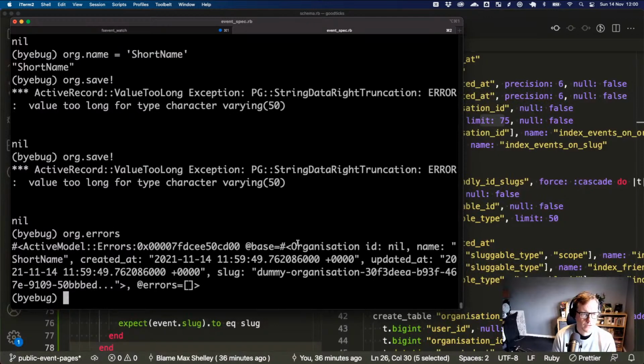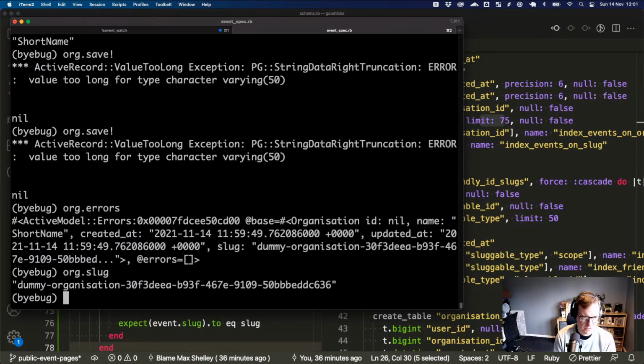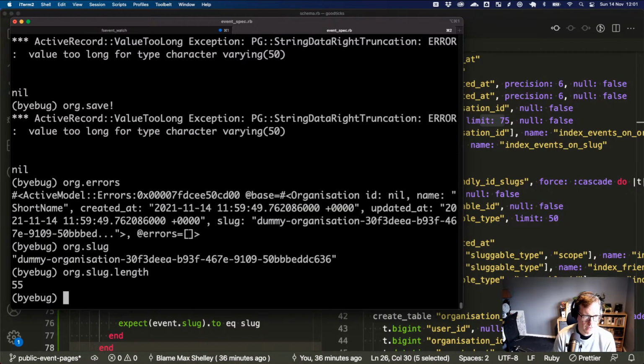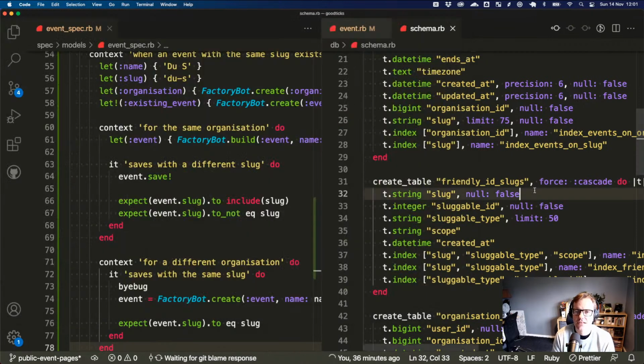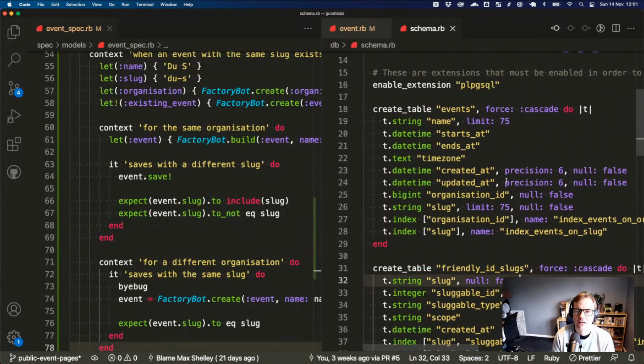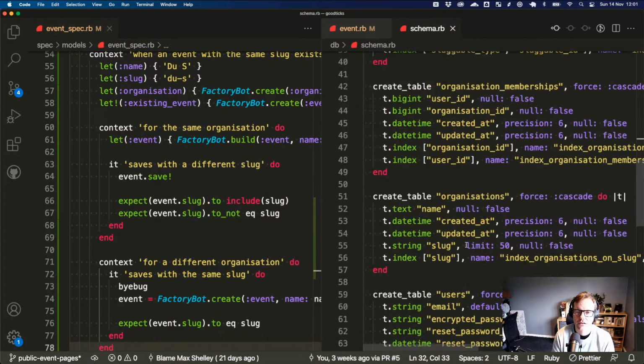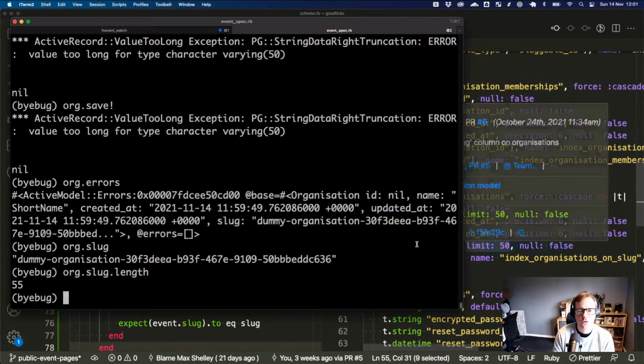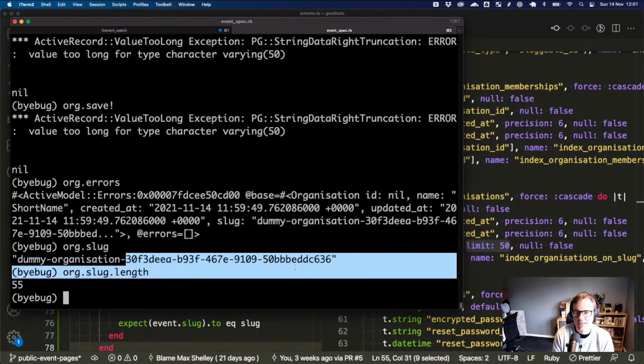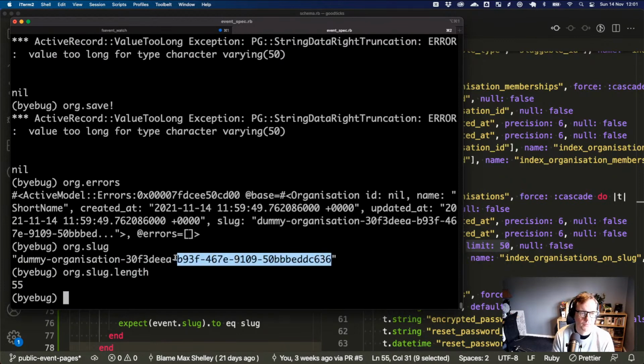Okay, so if you look at what's happening now, if we do org.slug, this is now set. org.slug.length is 55. Okay, so I think we can just take the stupid limit of 50 off of this or raise it up, or go back and change it. This doesn't need to be a UUID. In reality, we could just use a little hash on the end.